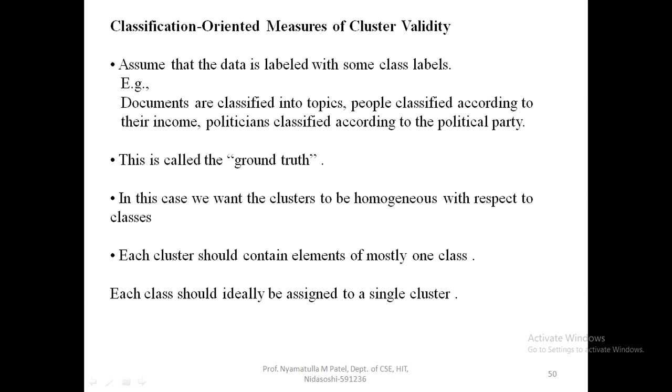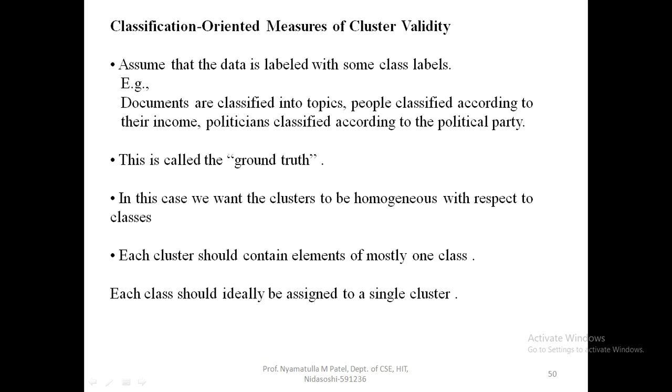Politicians can be classified according to their political party. So, now the cluster contains this type of data such as documents, people or politicians which are classified according to either their topics, their income, or their political party.